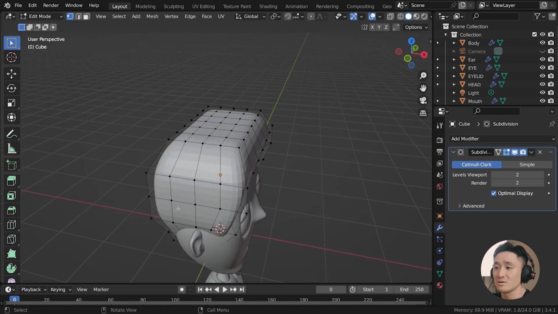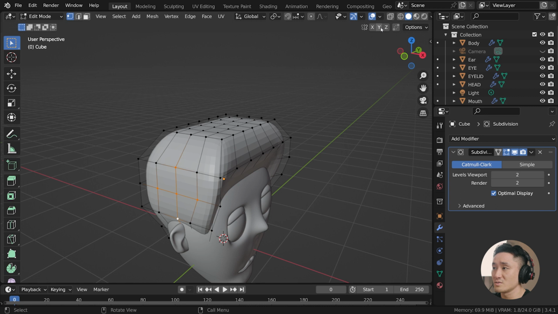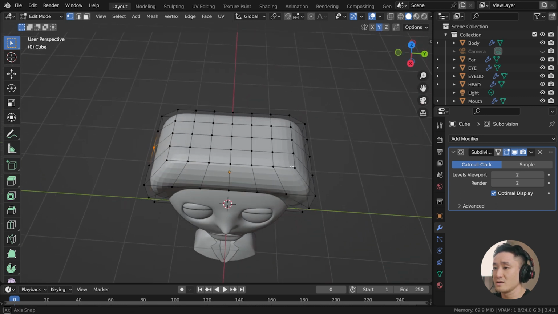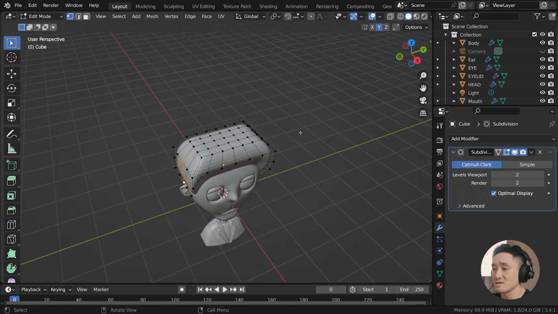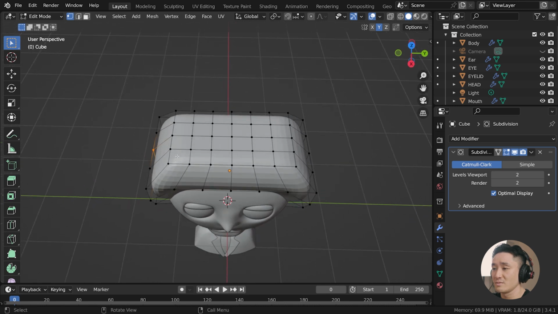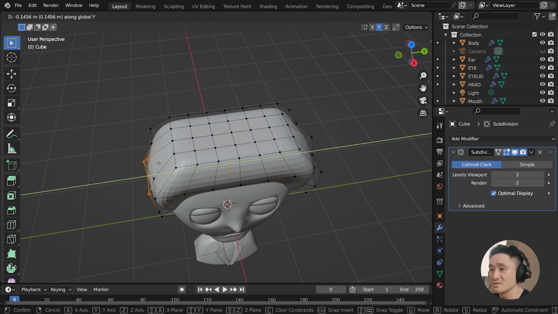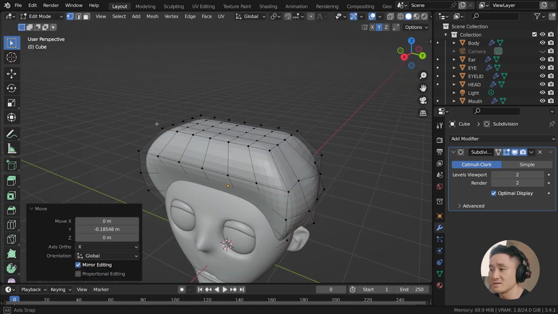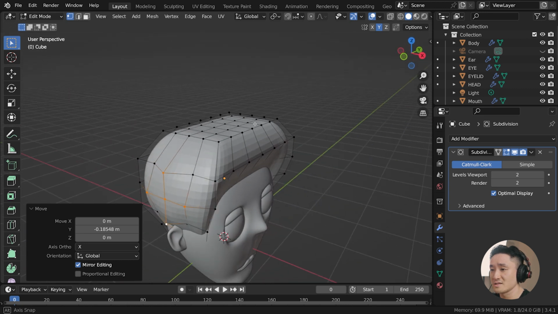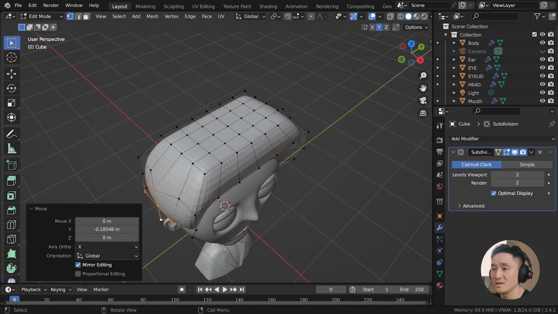So I'm gonna go with this vertex selection. Let's select 1, 2, 3, 4, 5. We're gonna toggle on this Y, and the thing that this did is that it's gonna reflect the modifications here on the sort of left side to the other on the Y-axis. So G, Y, and now you can see that the same is happening also on the other side, and that's exactly what we needed. Okay,